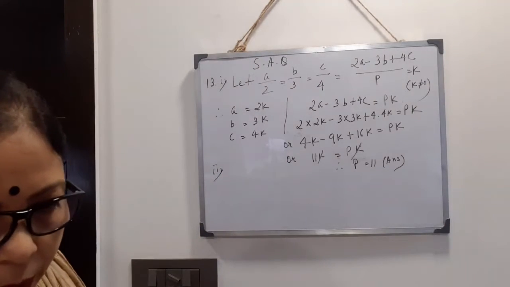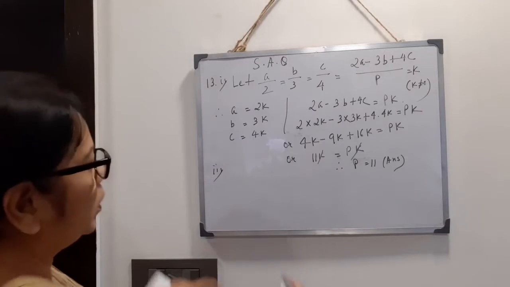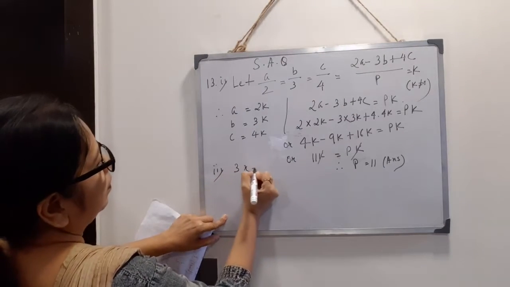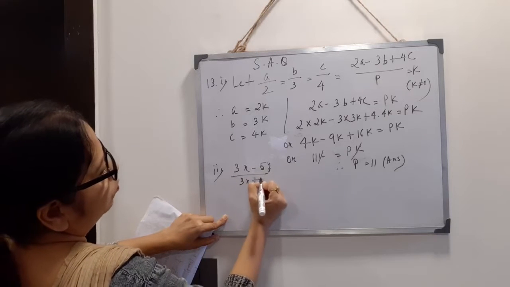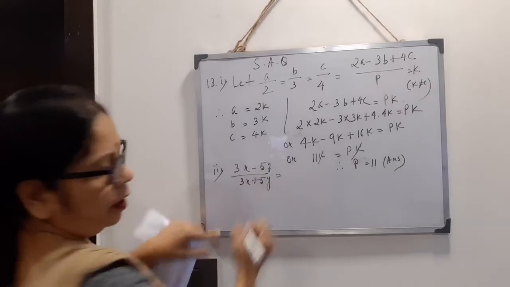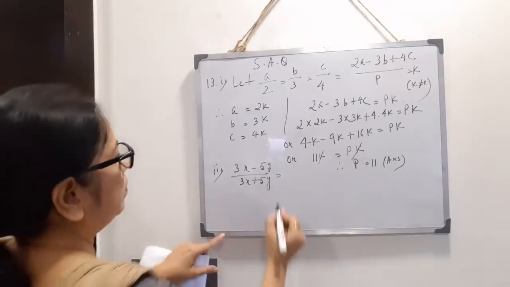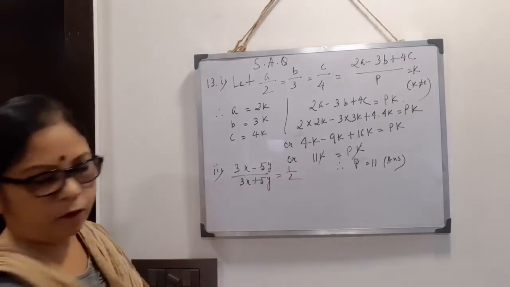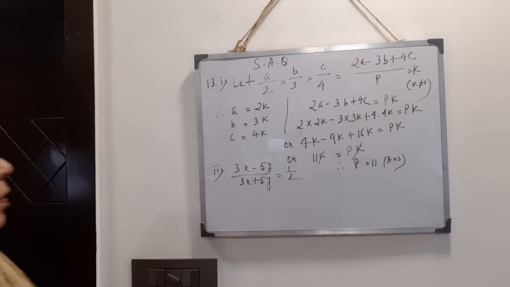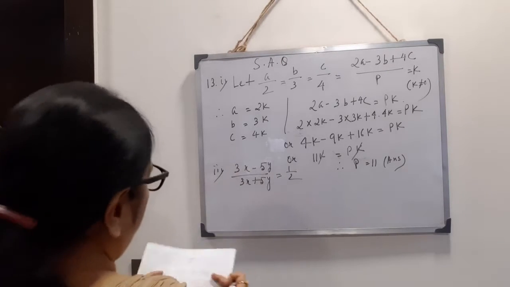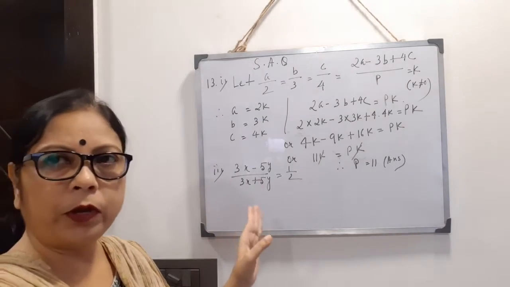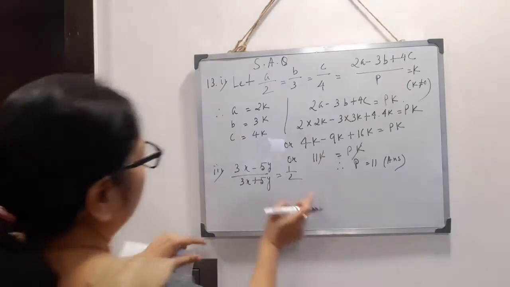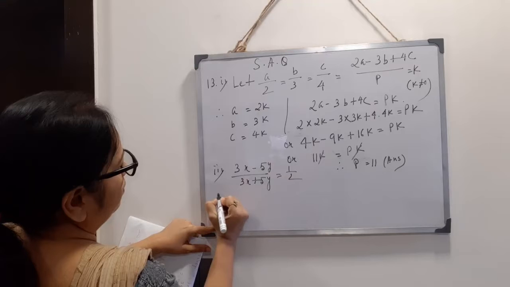It is given (3x minus 5y) by (3x plus 5y) equals half. So from what is given, we start. Now I am doing cross multiplication, or you can apply componendo and dividendo also here. Now cross multiplication, 6x